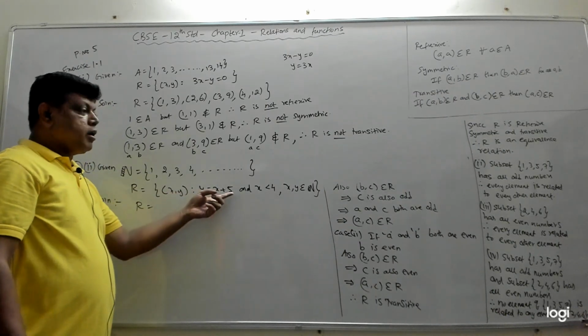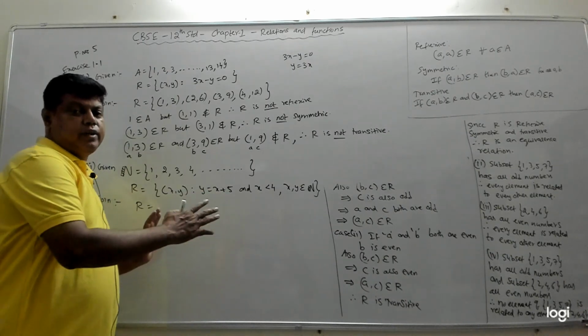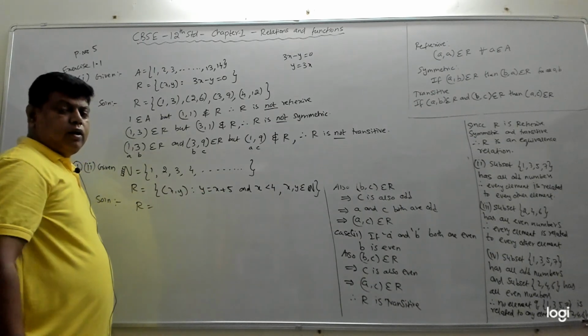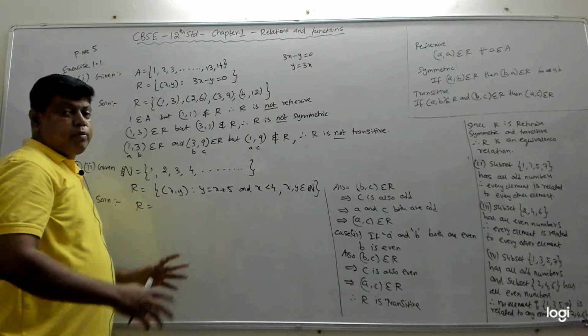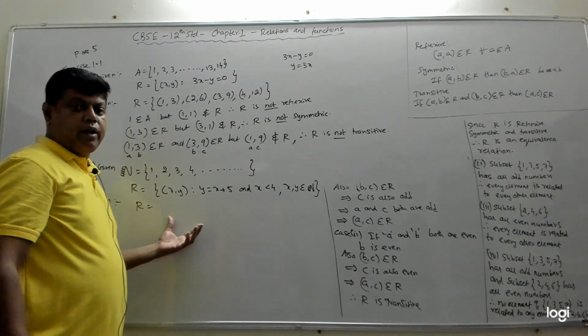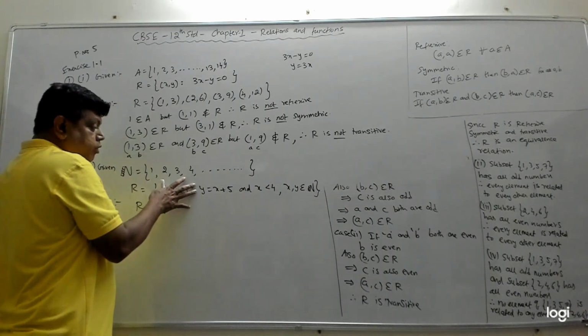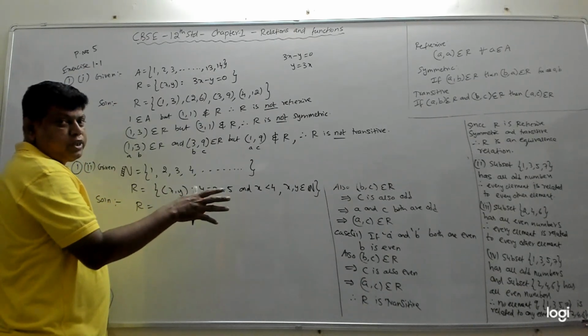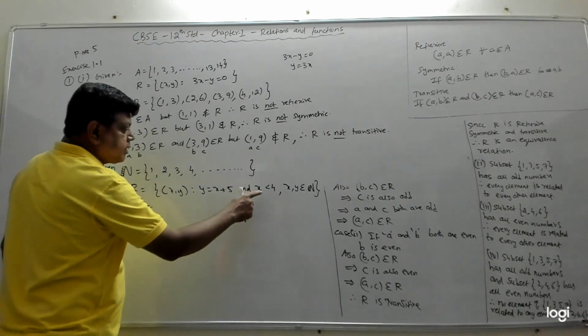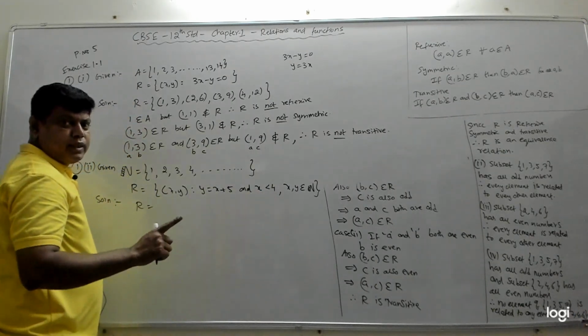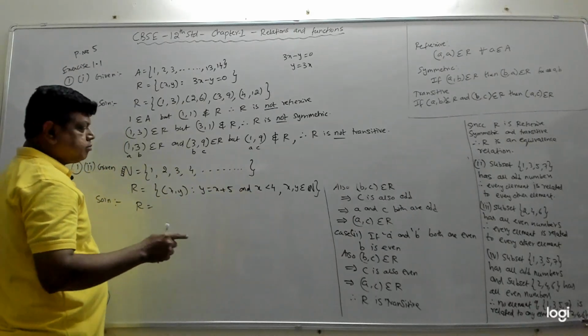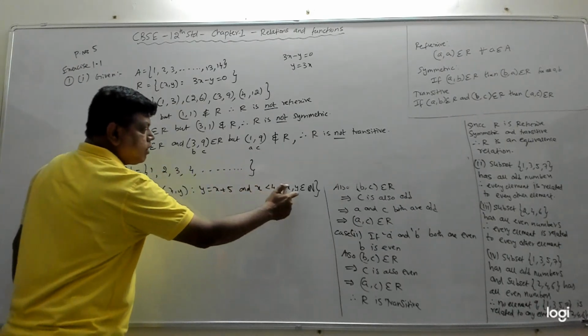This is given in the set builder form. Can we list the elements if it is a finite set, if it is a small set? If it is a big set or infinite set, then we cannot list all the elements. Right? So at that time we have to keep it in this form only, and we have to prove or check. But here we will try to see x is less than 4. So which means x can take values 1, 2 and 3. From this entire set, naturally x and y both are coming from it.